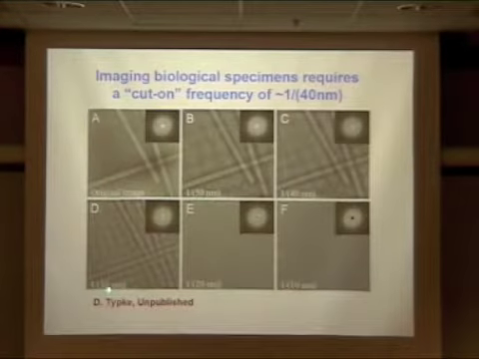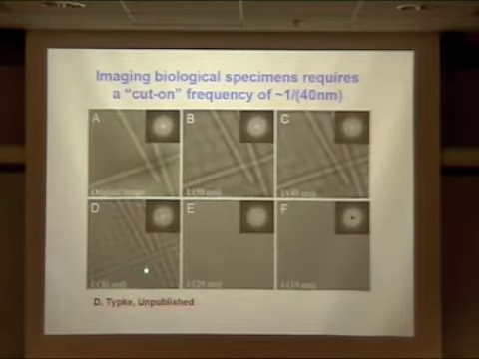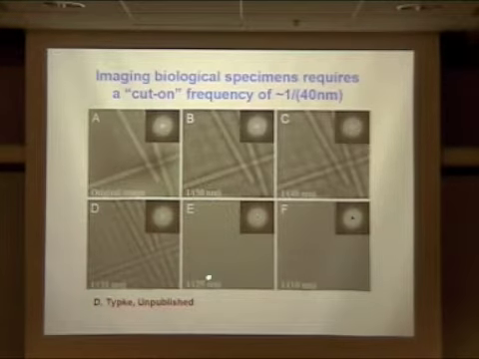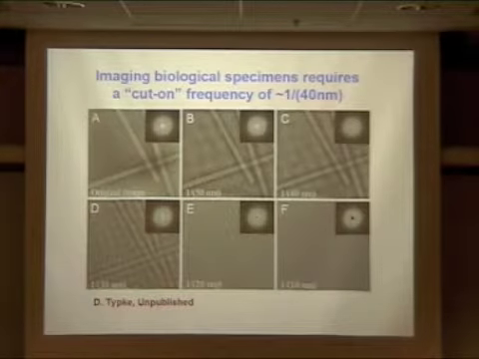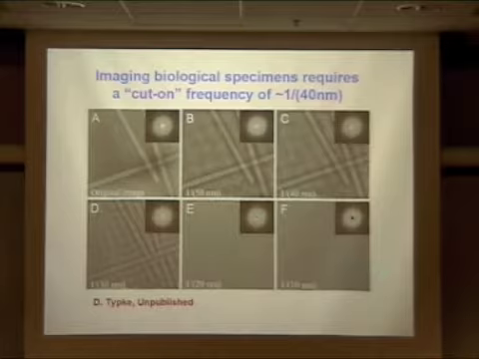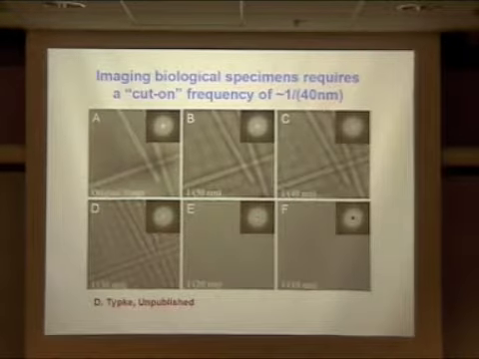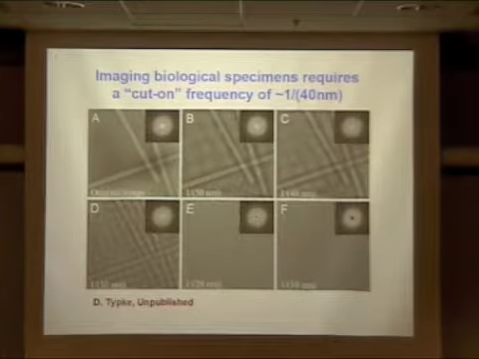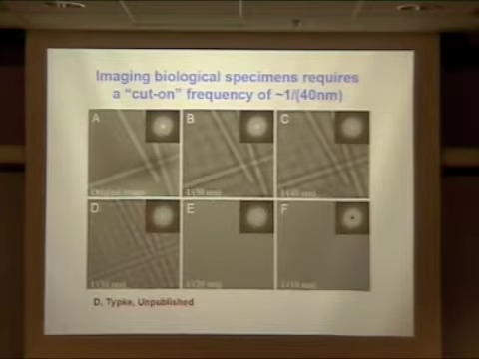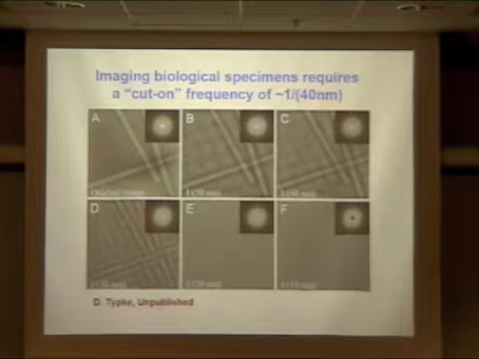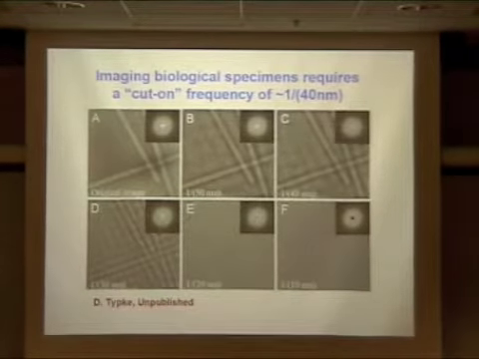Already at 1 over 300 angstroms, you have much less contrast than you should have, and by 1 over 200, it's looking like a normal cryo-EM sample, and at 1 over 100, only after seeing the slide many times do I see the TMV particle there. So the low spatial frequencies are absolutely critical. You must apply a phase shift at low spatial frequencies or you won't see the